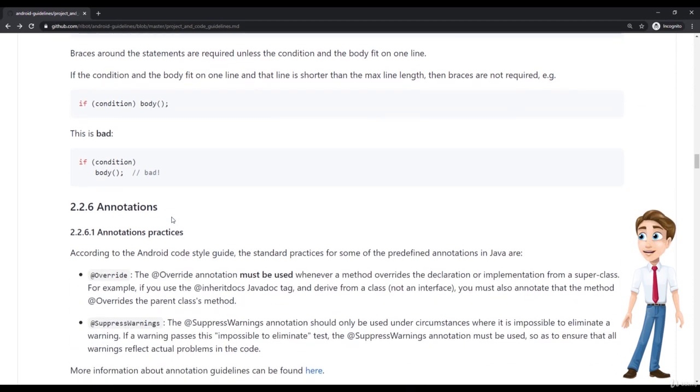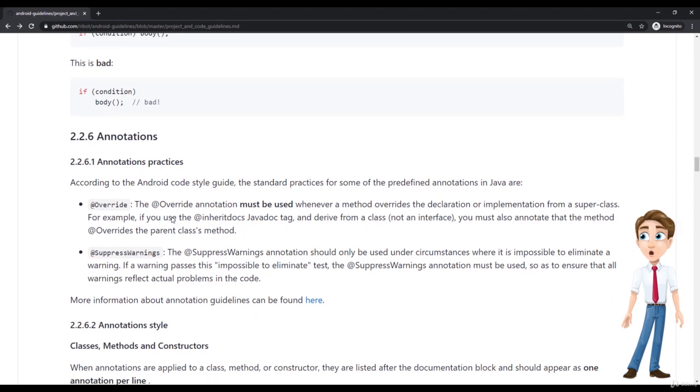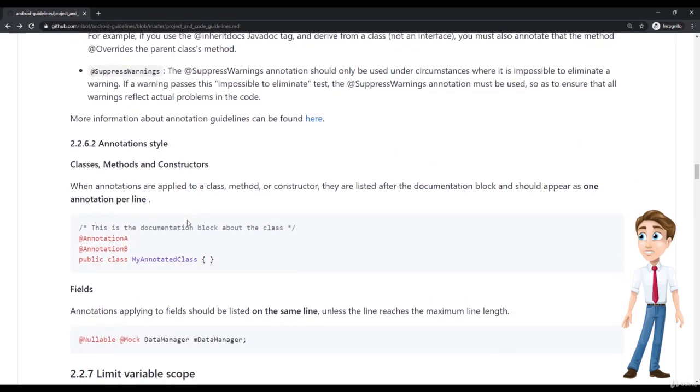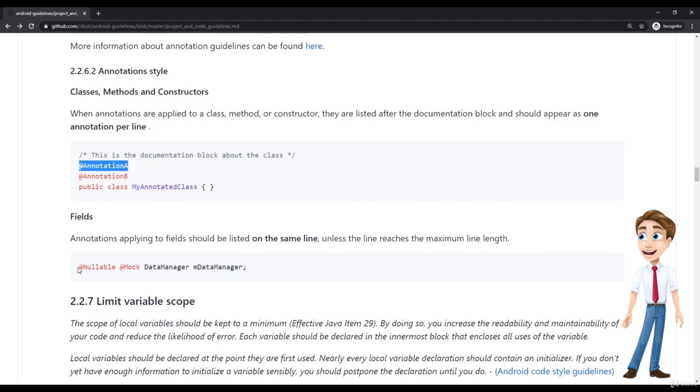Now, going to annotations, this is pretty important if you're using Dagger, for example. Any kind of dependency injection framework might have some annotations, and you'll see that your class might have multiple annotations. If you have multiple annotations for a class, you want to place them on separate lines like this, so they're more readable. Now, if you have a variable with several annotations like this one here, the data manager, you can inline them like this and it's fine. It's a bit different from the class. But again, this is not that important. I wouldn't really treat this as a golden rule.